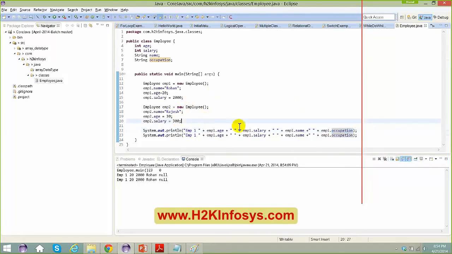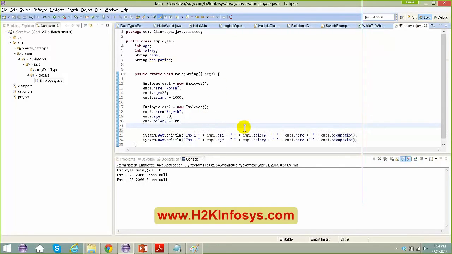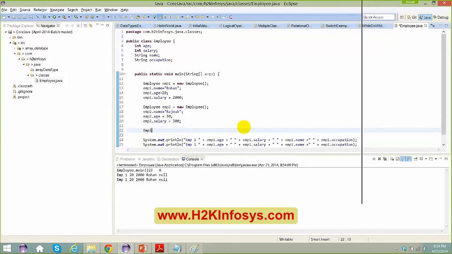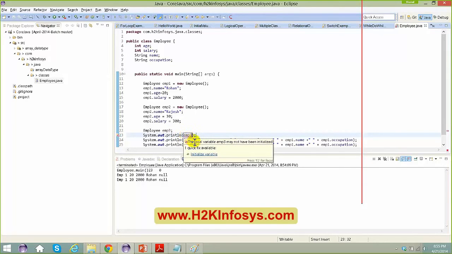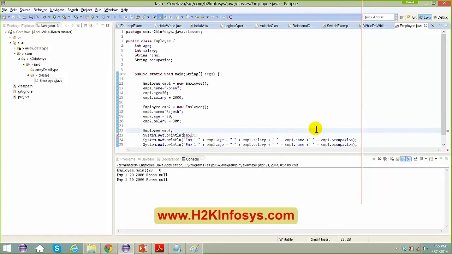So if, for example, I say Employee emp3 equals, I don't want to give anything as equals, and I simply want to say System.out and emp3. Here in this case you'll get something like your local variable emp3 has not been initialized. So if I just bring this up